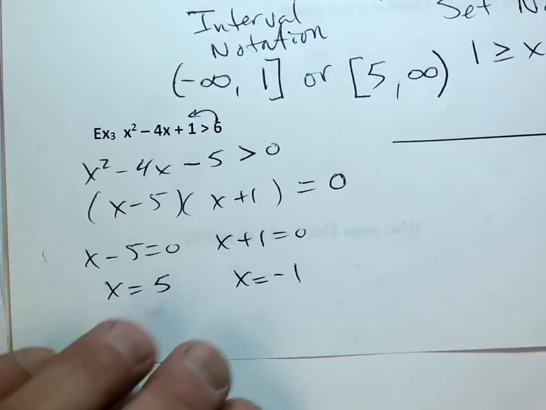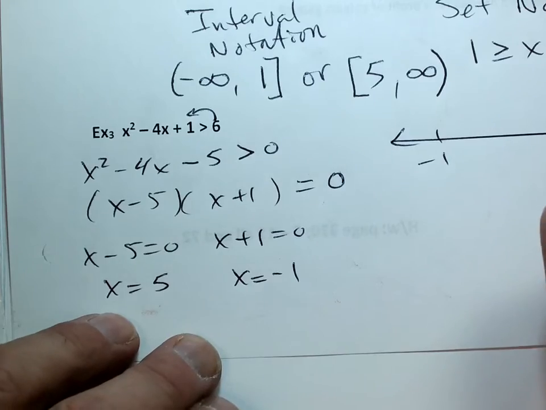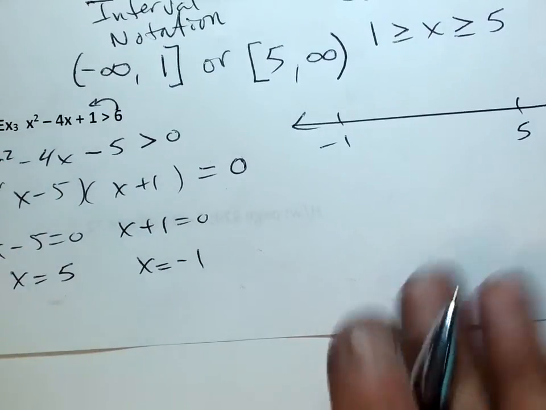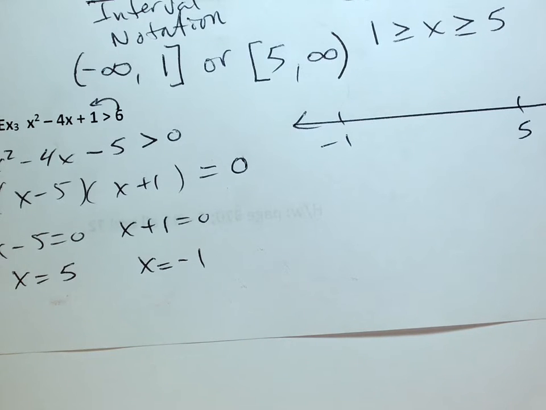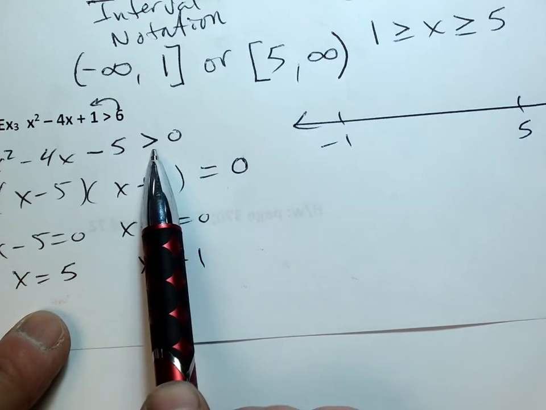Okay, go ahead and put my number line down. Negative 1 and 5. And for me, I do not need all of the points in between. You can put them in if you want to, all the numbers in between. I just need negative 1 and 5, works for me because I know what numbers are in. We're smart enough, right, Bailey? We know what numbers are in, so don't do it, unless you want to. So now, if I go back to this sign right here,